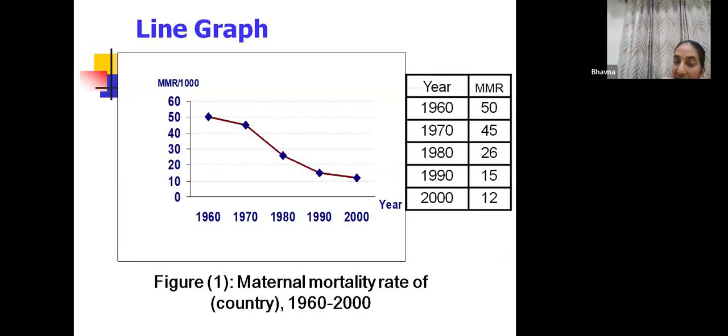Okay. See this diagram. This is a typical line graph, and line graphs or line diagrams are usually used to show trends. Okay, the word here to understand and mark is trends. See, in 1960, the MMR for, let's say, India was 50. 1970, 45, 1980, 26, 1990, 15. Please, this is just hypothetical data, okay? Our current MMR is around 78, so don't go by this data, okay? 1990, it was 15. Year 2012. So look at the trend. What is happening to the trend?